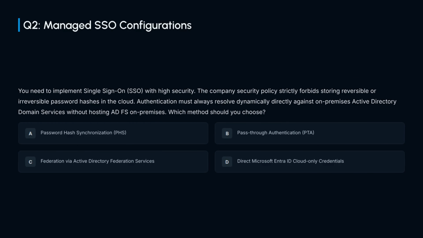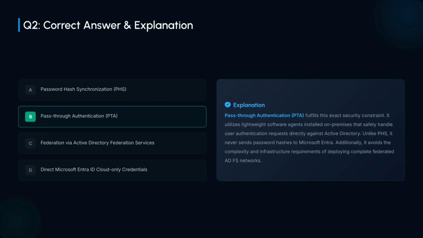Question 2. You need highly secure single sign-on, but company policy forbids storing password hashes in the cloud. Authentication must resolve dynamically against on-premises Active Directory without ADFS. Which method should you choose? The correct answer is B. Pass-through authentication, or PTA. PTA uses lightweight on-premises agents to handle authentication directly against Active Directory, avoiding password hashes in